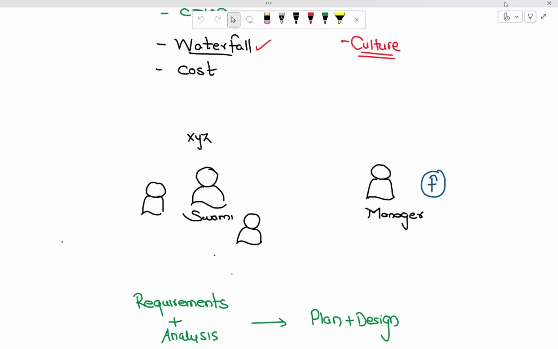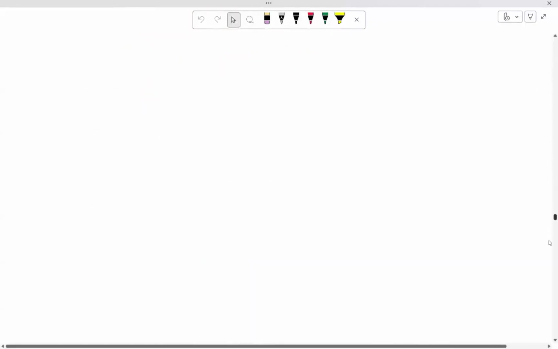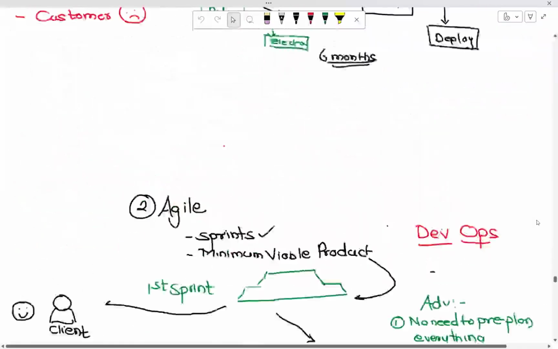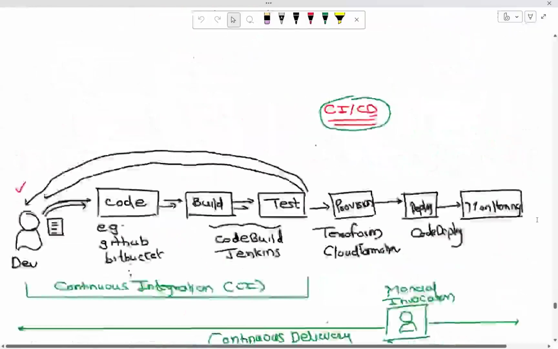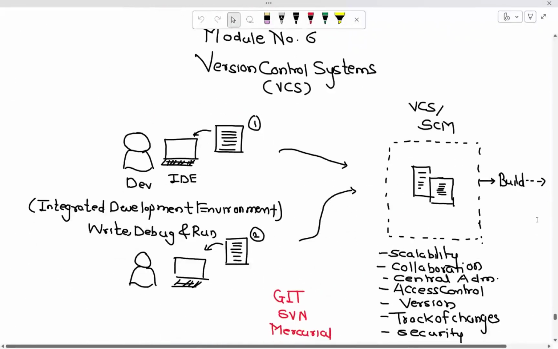One of the very important concepts that we have started looking into is, as we call it, the version control systems.